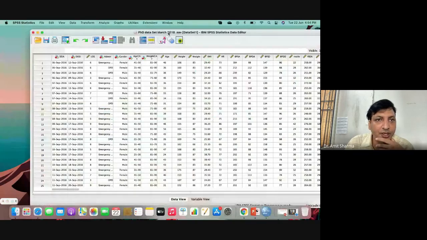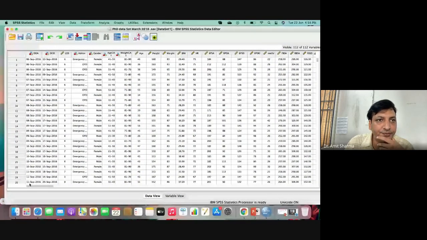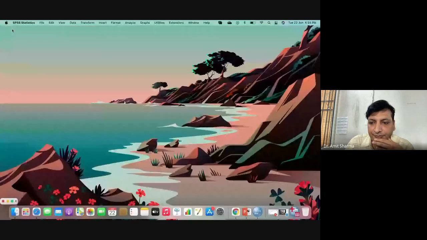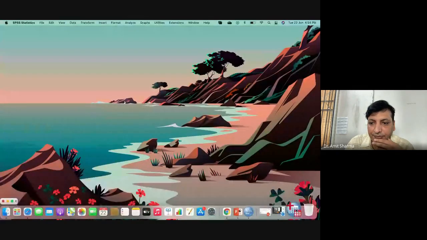Why is it not showing the results? Yeah, here we have our output. See, we have to look for the output. The output sheet has been maximized. I'll minimize this one. Here we have the output sheet.